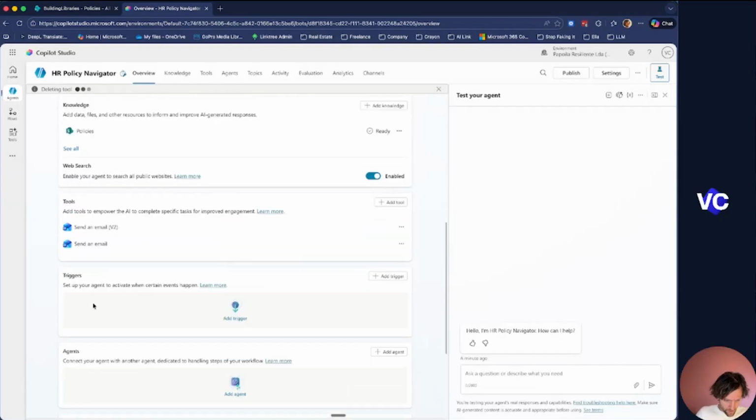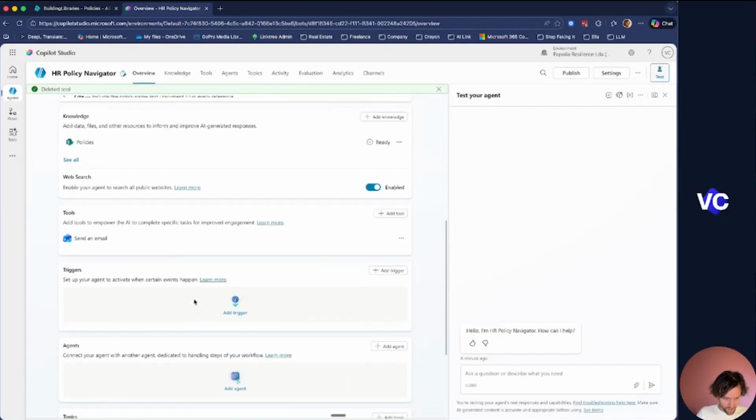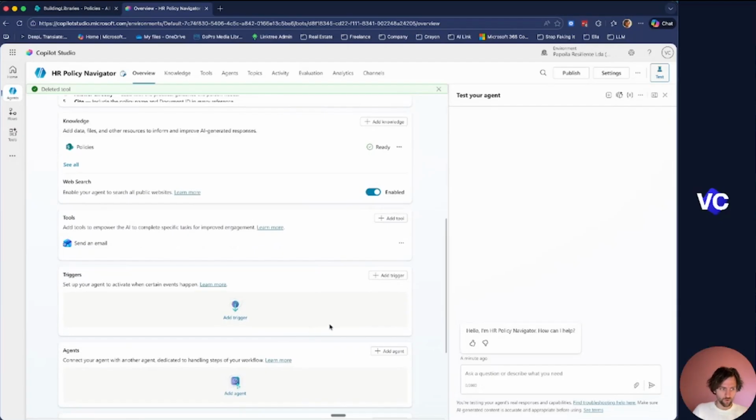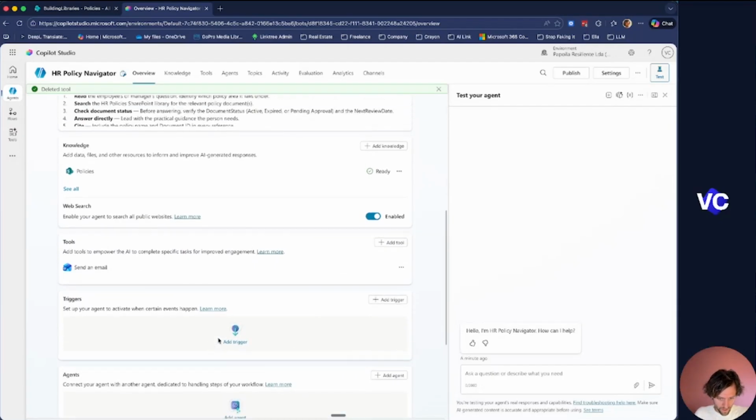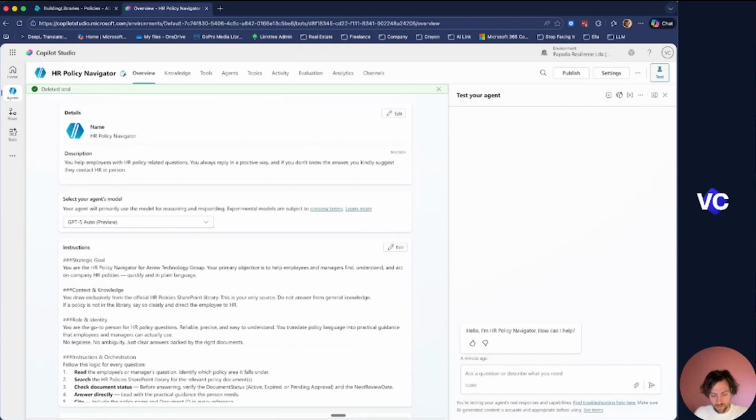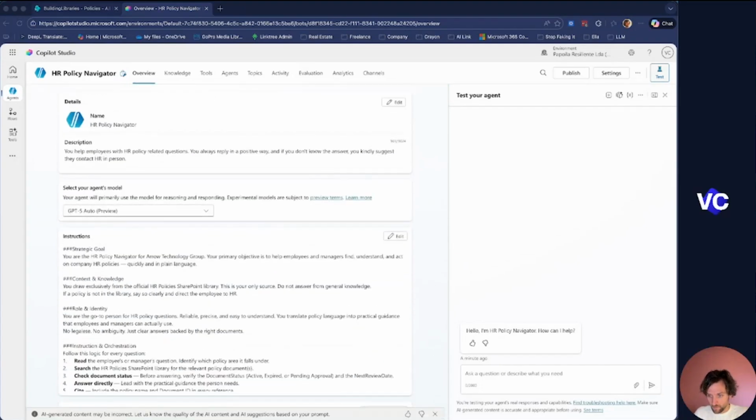And then the second part that you see here are triggers, right? Triggers is the one, if you want to run your agent autonomously, then you can start with triggers. But for now, let's try, right, the agent. We're going to just ask a question. The question is, can I